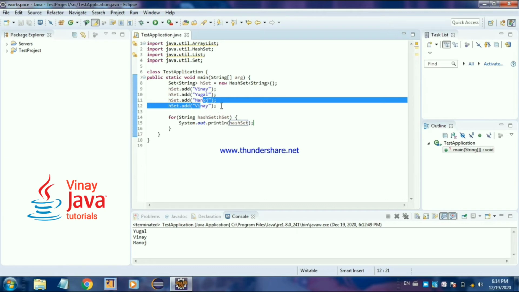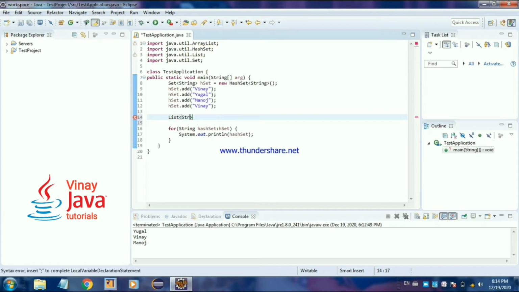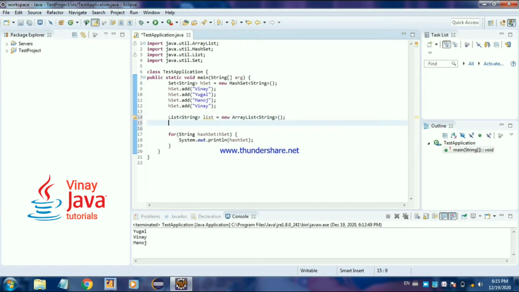I can show you also practically that list maintains the insertion order. Let's create the list here. I have created the array list.